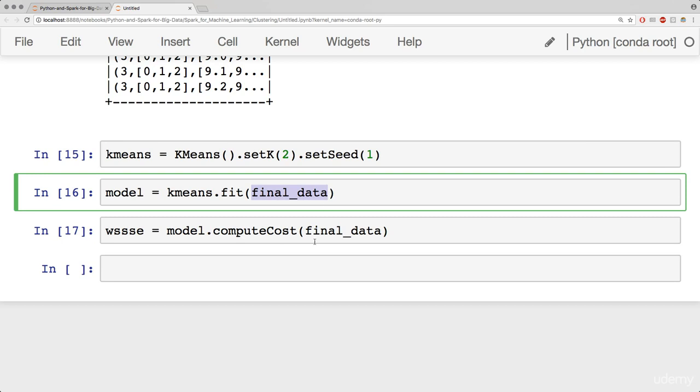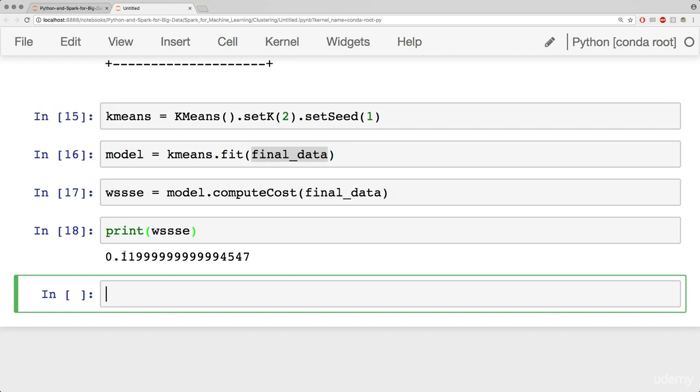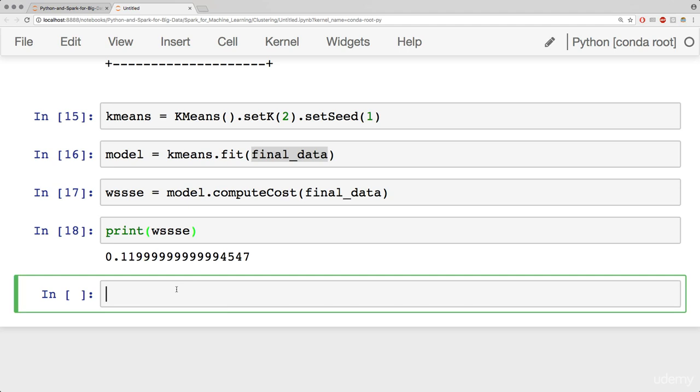We're just dealing with the entire data set as is, and then you can just print the within set sum of squared errors. For us, it happens to be 0.119 repeating, and what we can actually do is check out the cluster centers. So if we look at our final data one more time